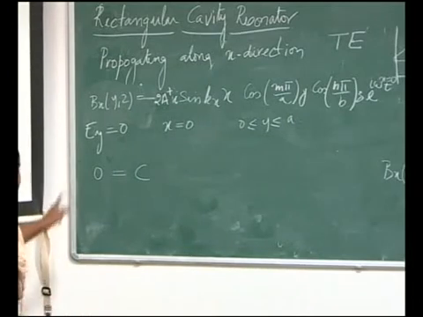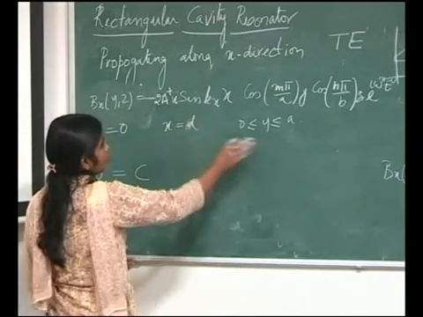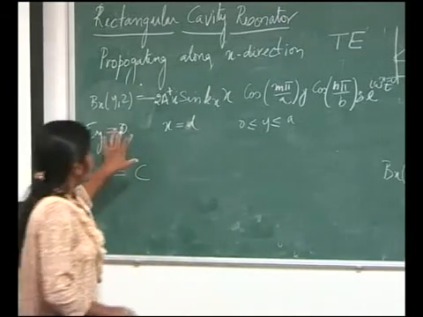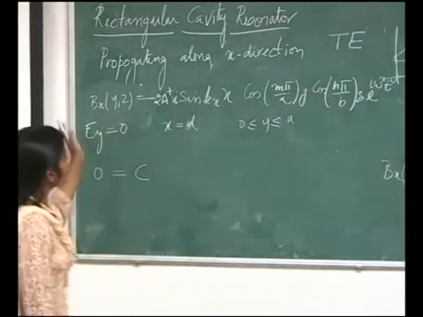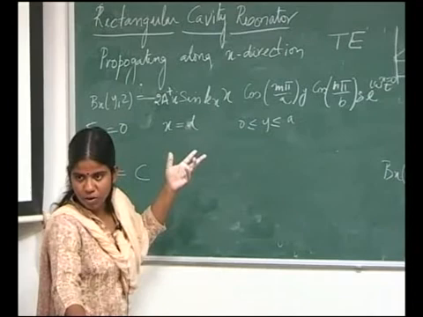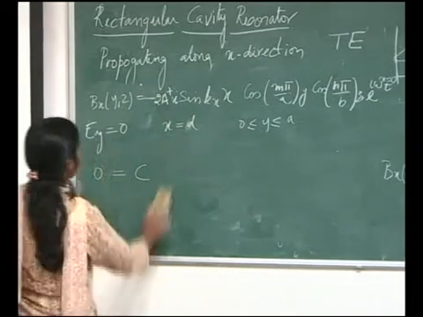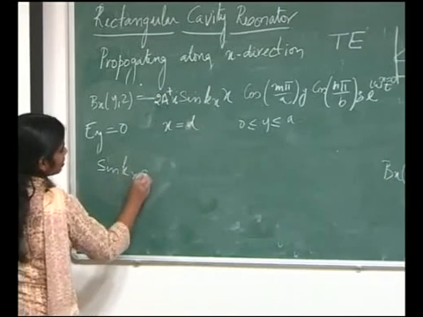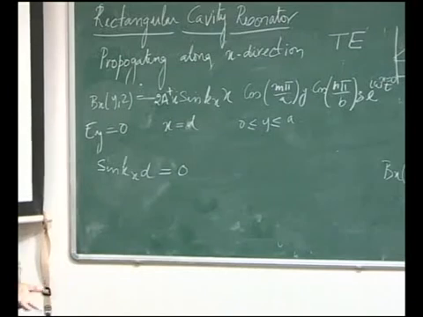So, now I come to the second boundary condition, that Ey is 0 at x is equal to d for y varying from 0 to a. Now, in this case, these two terms are not 0. So, if this equation has to be 0, then this sin kxx should be equal to 0, only that is the possibility. I cannot say that a plus is 0, amplitude I cannot set 0. So, I will write that sin kxd is 0. That is the only possibility, I am left with only this solution.